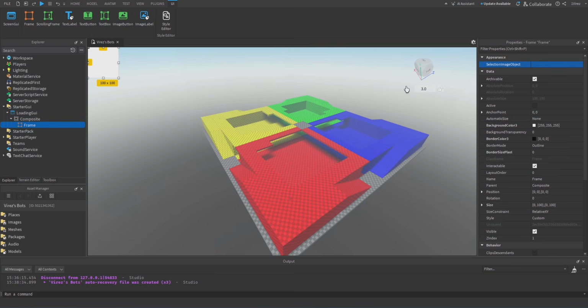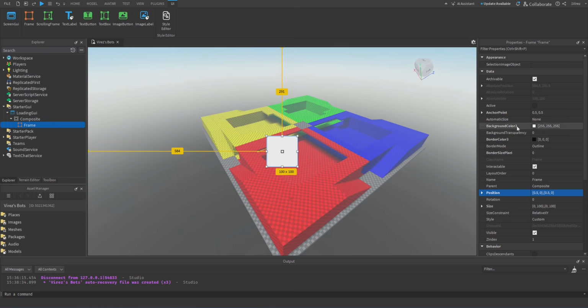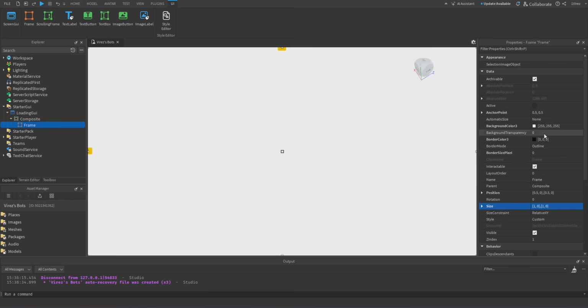So we genuinely want a background, right? So we move this back to the center by positioning it at 0.5 with anchor point 0.5, putting the size up to 1. And for the background color, we're going to do something funky. We're going to leave this white, the color. We're going to go over